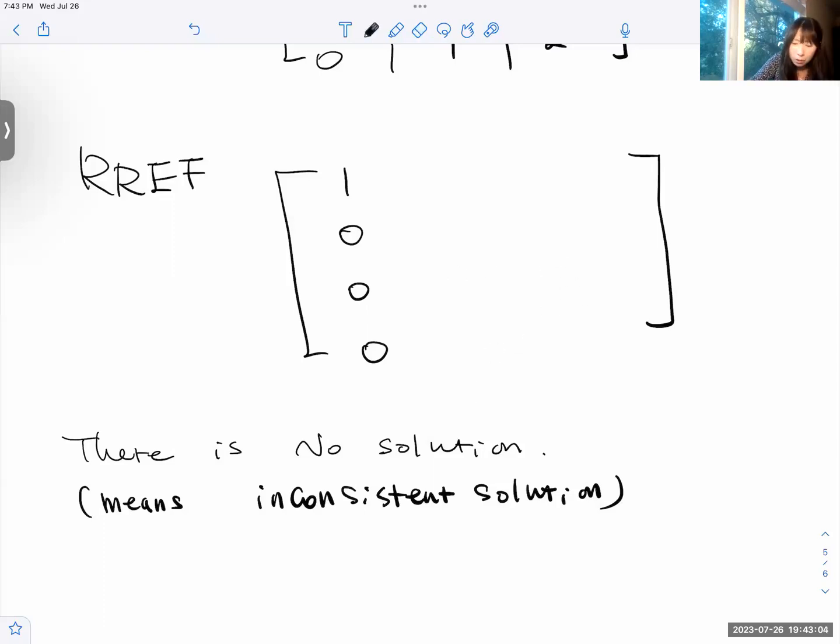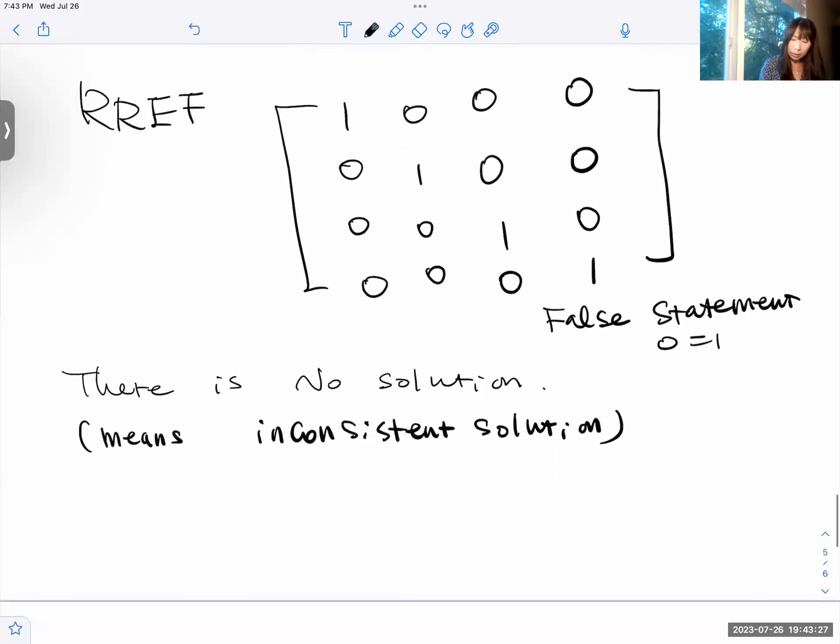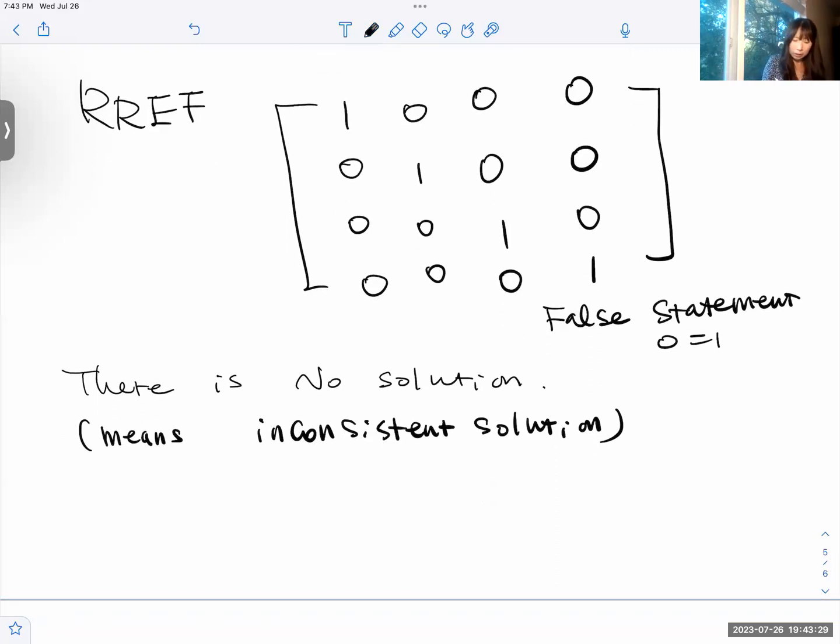So 1, 0, 0, 0, 1, 0, 0, 0, 0, 1, 0, 0, 0, 0, 1, right? So still a false statement, 0 equal to 1, right? So we cannot have 0 equal to 1. So therefore,